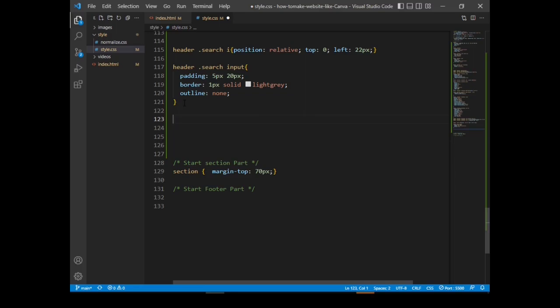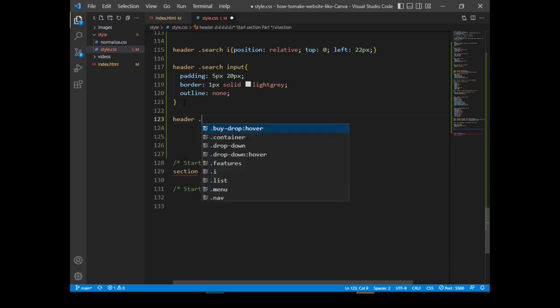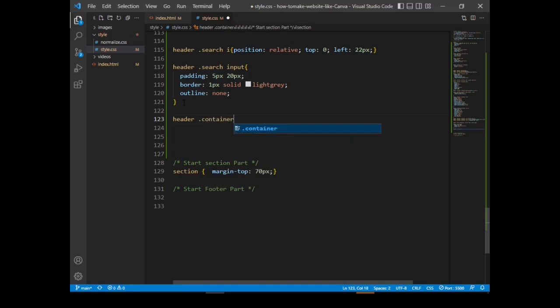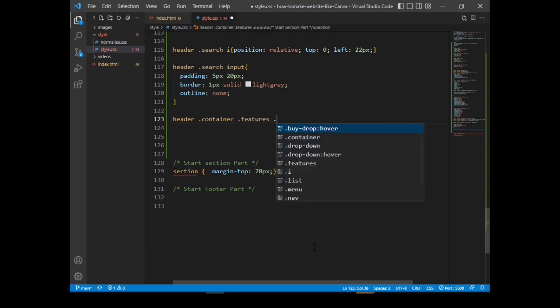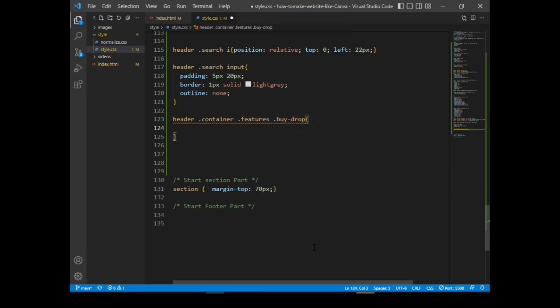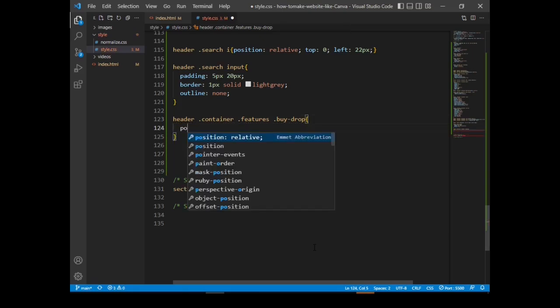Now let's go on to the header, and I'll be styling the container. Dot features dot by drop. Let's set the position to relative.